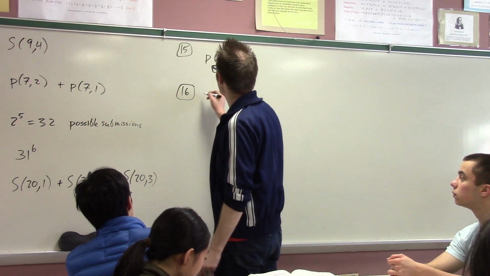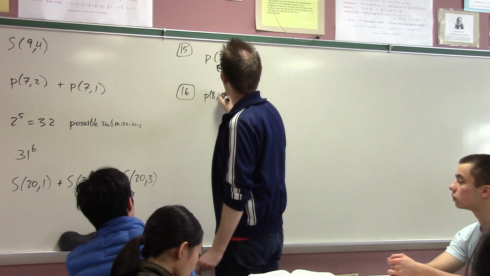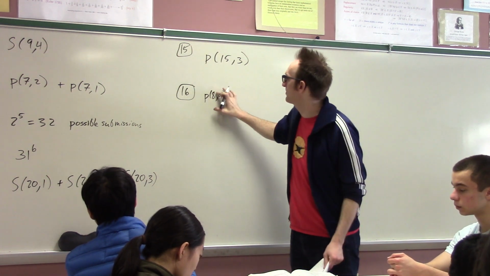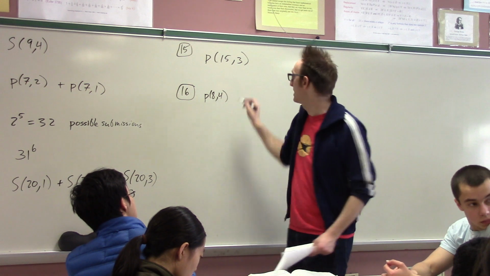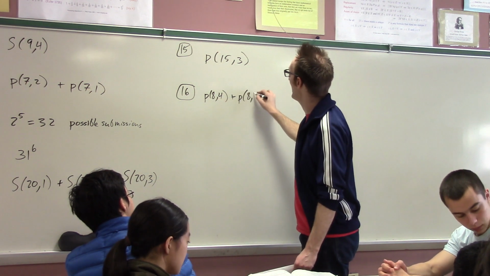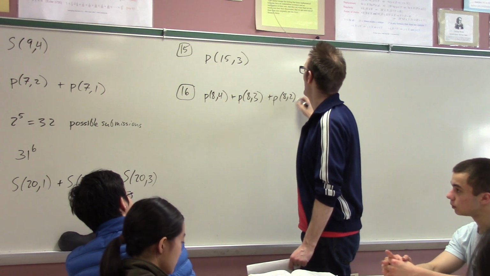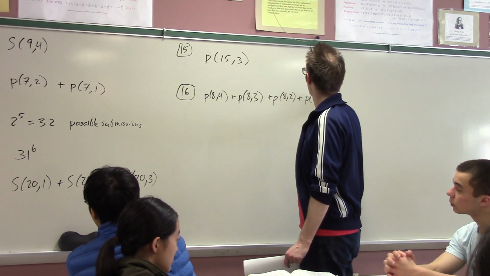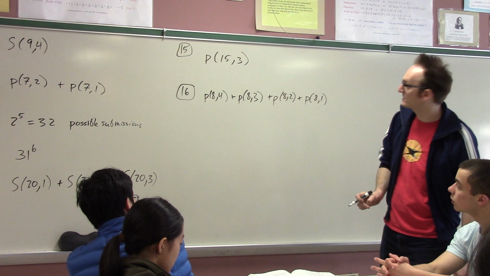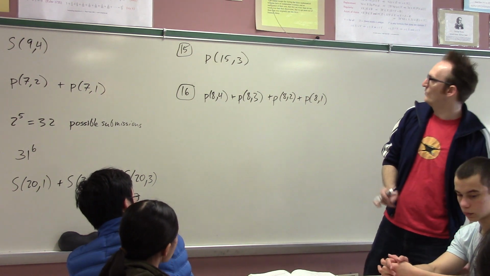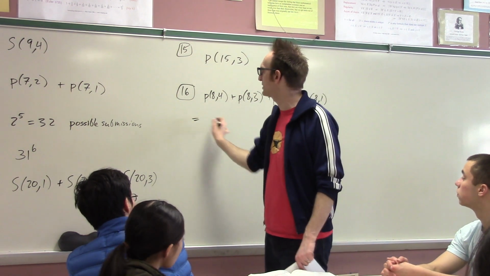So P(8,4) would be the number of ways to distribute the 8 towels through 4 bags. P(8,3) would be the number of ways to distribute them through 3 bags. P(8,2) through 2 bags, and P(8,1) through just 1 bag. It's legit to leave it like that, but if you want to be cool, you can also